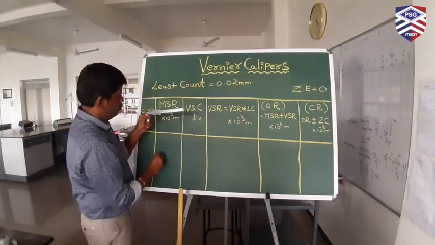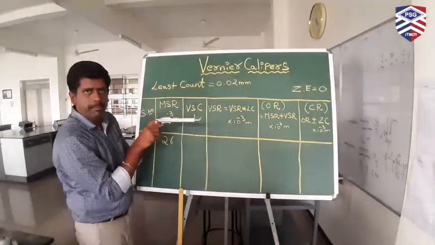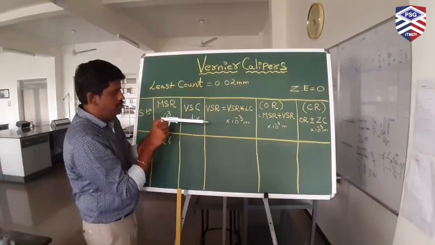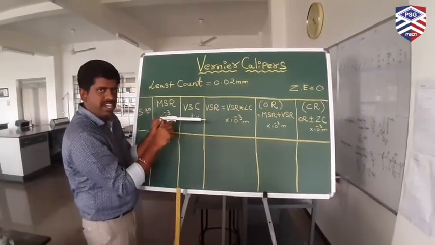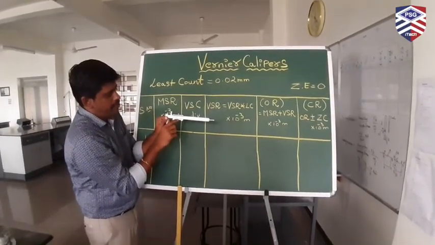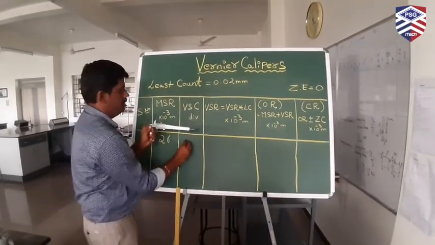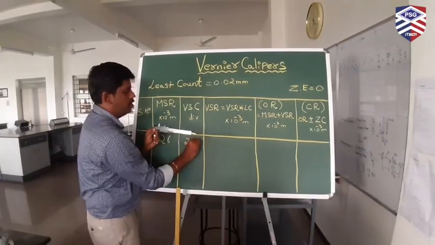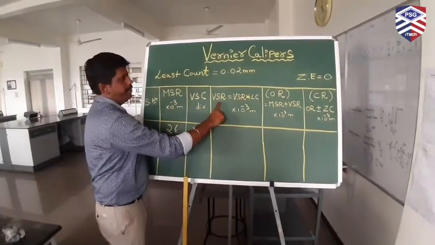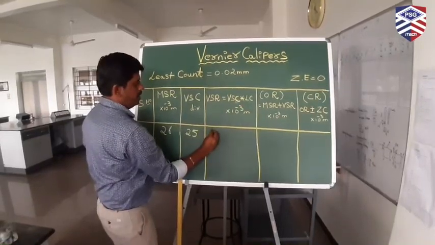Zero of the vernier coincides at the 26th division of the main scale, and between 0 to 50 divisions in the vernier scale, we said it is the 5th division, number 5 in the vernier coincides exactly with the main scale, which is nothing but the 25th division of vernier. How do we convert this coincidence into reading? The formula says the vernier scale coincidence into the least count. When we multiply it, it is